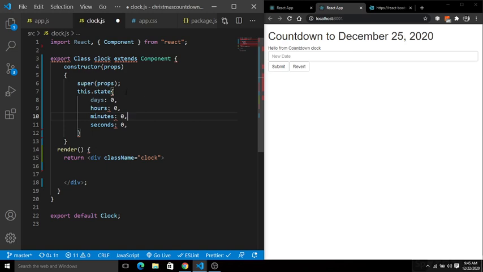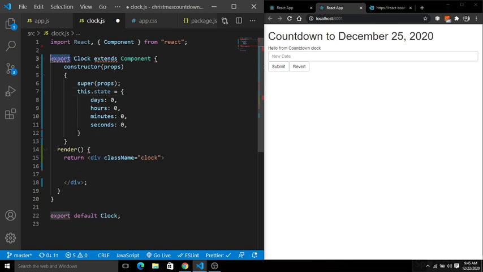Next, I am forgetting the assignment operator. So now let's go here. Export clock extends Component.